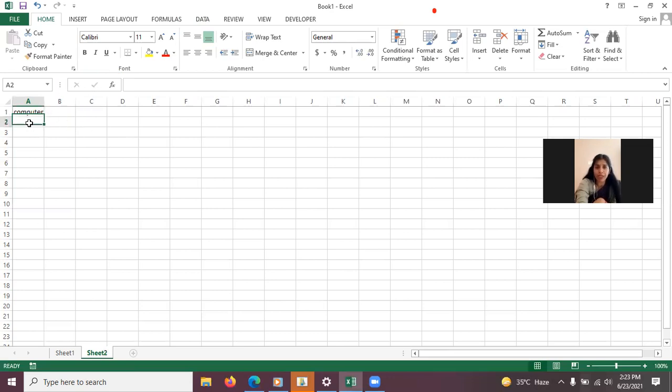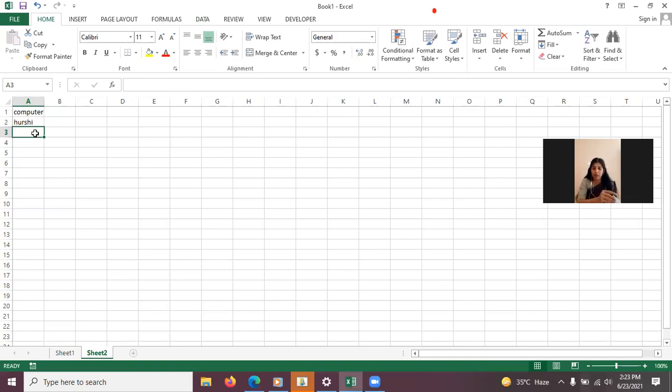Start typing something in the cell. As soon as the cursor comes inside, you can see these buttons are now in the working mode. Okay, if we will click on cross or cancel button, the data what you have written will be deleted from that cell. Click on cancel wala, yeah, this button. So the data has got deleted. Again, write beta. Okay, and click on enter button. Yeah, so the data will be entered. So this way you can enter data in the cell.